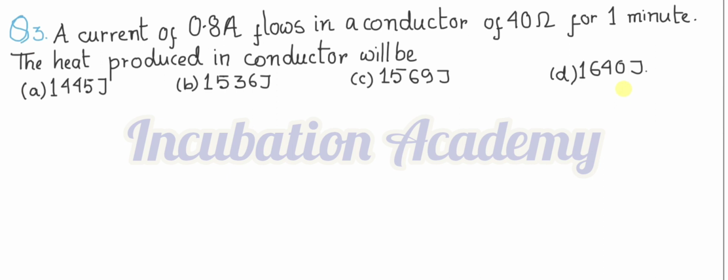The heat produced in the conductor will be: option A, 1445 joule; option B, 1536 joule; option C, 1569 joule; and option D, 1640 joule. So according to this, here is a conducting resistor and capital R is the resistance,